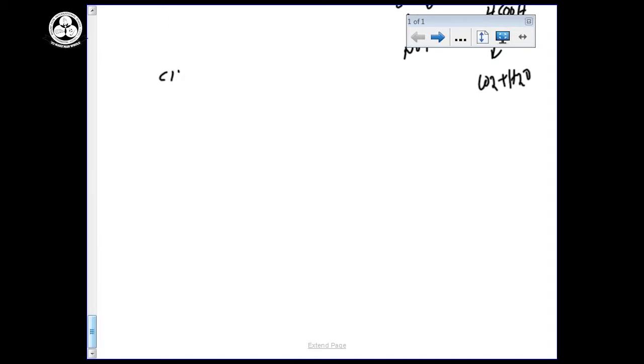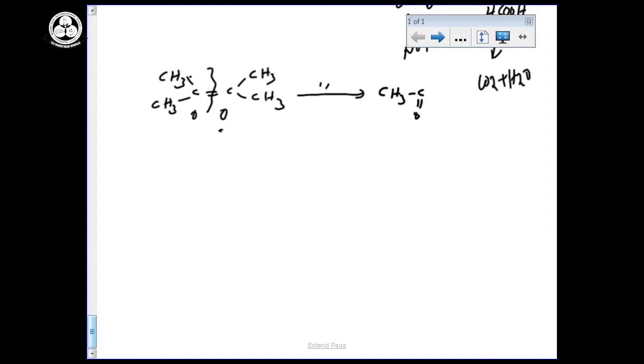Suppose CH3, CH3, double bond C, CH3, CH. Same reagent you are using. So first I am doing the slow oxidation. It's a strong oxidation, now we can go for the further. First, one time oxygen you can add. If it is possible, you can add a second time. If it is not possible, you can leave it. Now it becomes CH3, C double bond O, CH3. Already ketone oxidation further is not possible. No reaction.